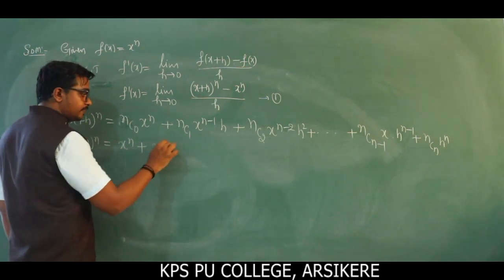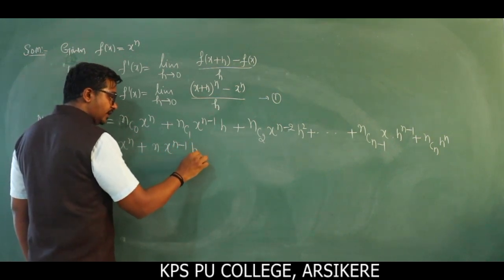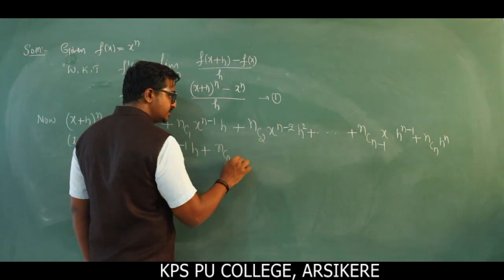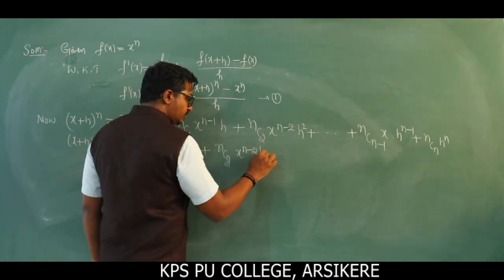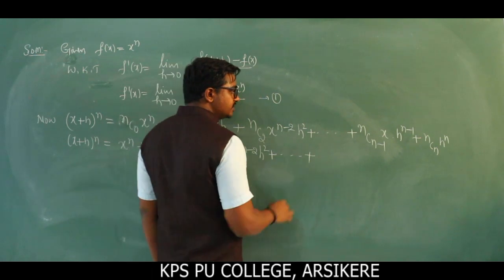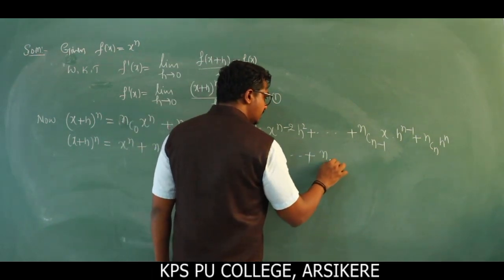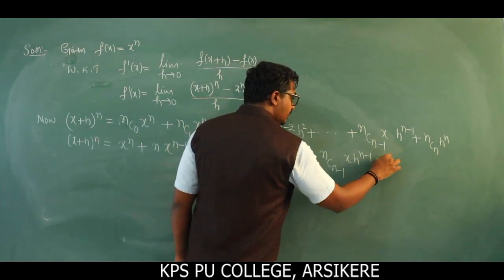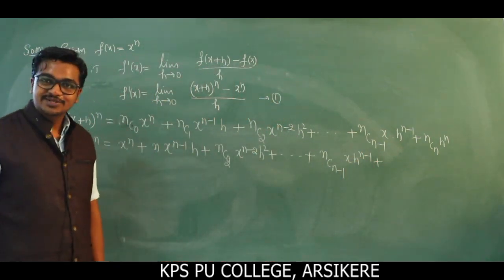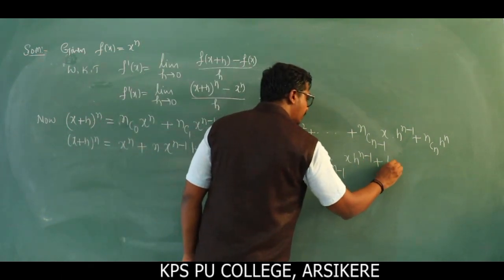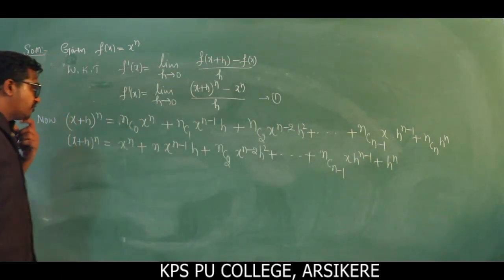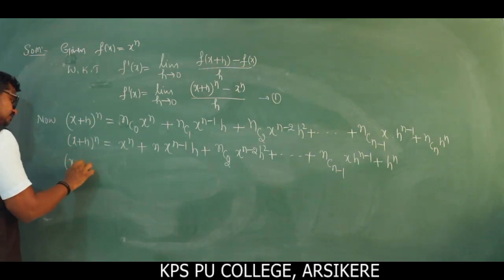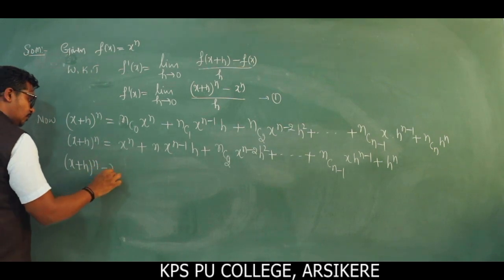nC1, whose value is n, x power n minus 1 into h, plus nC2 into x power n minus 2 into h square, plus and so on, plus nC(n minus 1) x into h power n minus 1, plus nCn, that becomes 1, we are left with h power n. Now take the first term from the right hand side to the left hand side, this becomes (x plus h) whole power n minus x power n